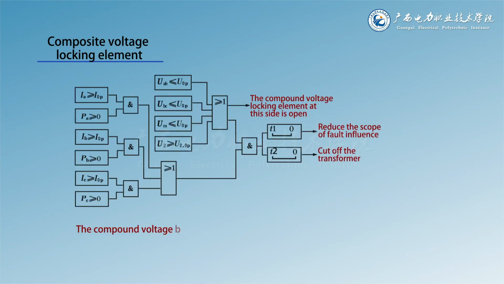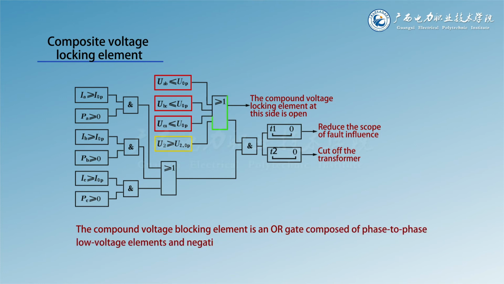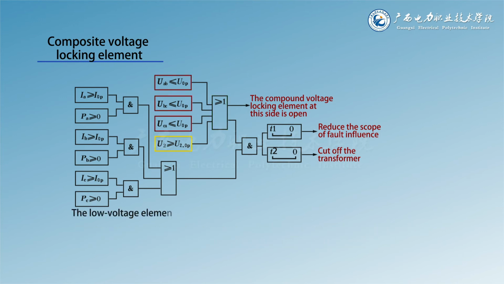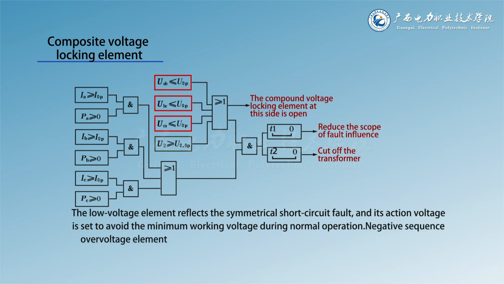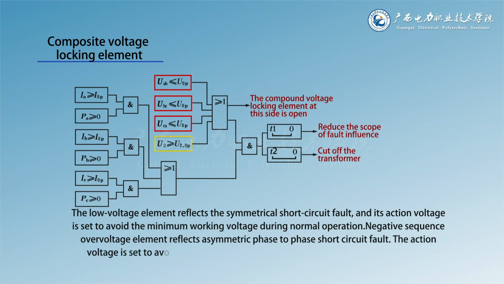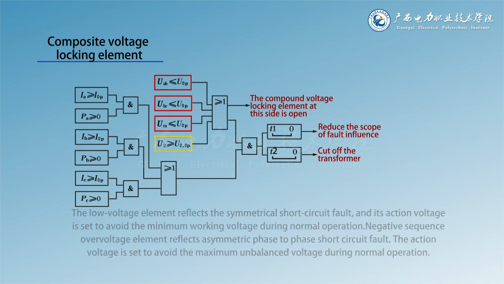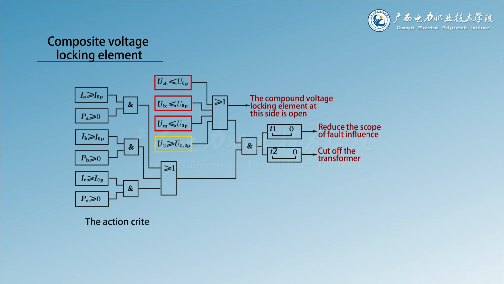The composite voltage blocking element is an OR gate composed of a phase-to-phase low voltage element and a negative sequence phase voltage element. The low voltage element reflects the symmetrical short circuit fault, and its action voltage is set to avoid the minimum working voltage during normal operation. The negative sequence overvoltage element reflects asymmetric phase-to-phase short circuit faults. The action voltage is set to avoid the maximum unbalanced voltage during normal operation. The action criterion of the composite voltage element is